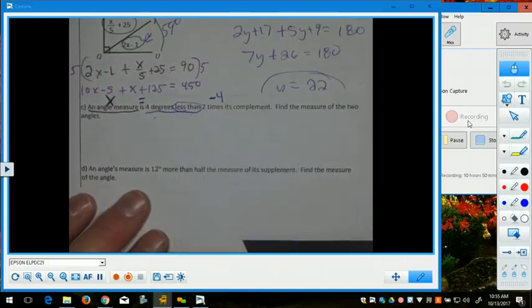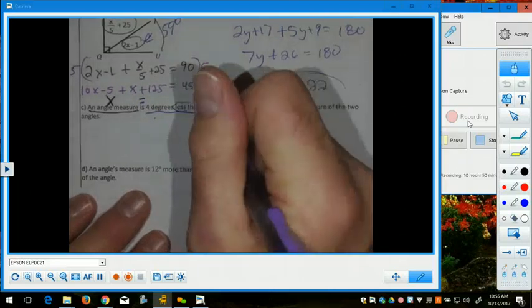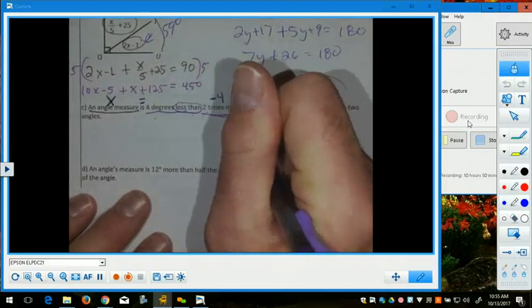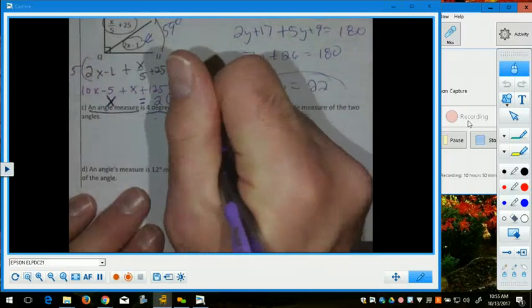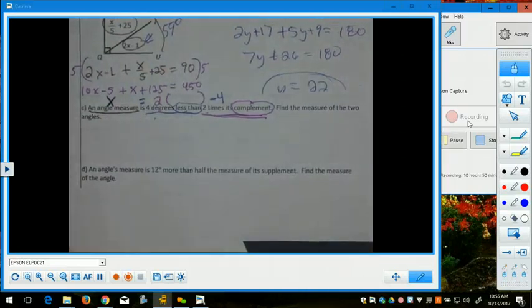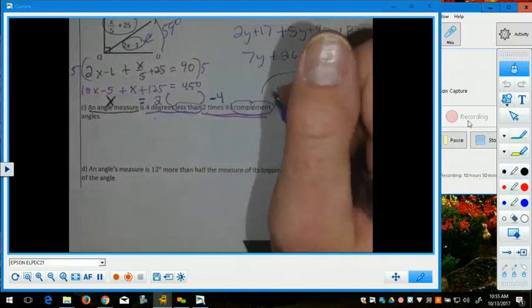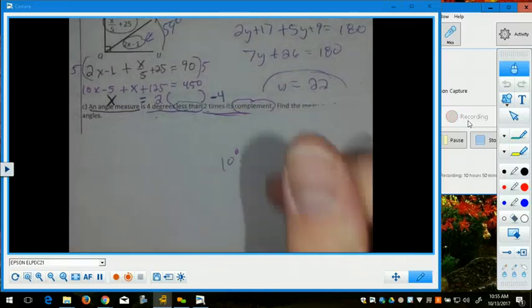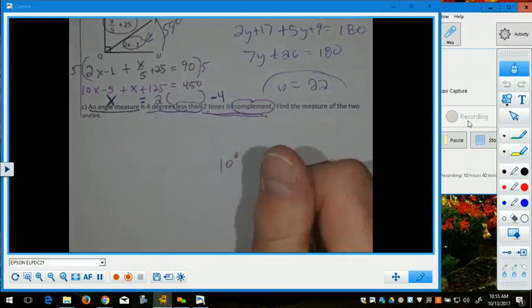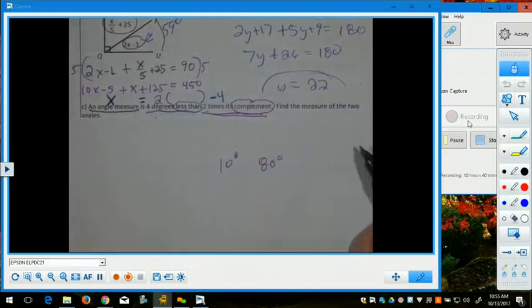It says 2 times its complement. And here's where people get confused. They know what 2 times means. They struggle with its complement. Well, I'm not going to use y in this case, although it is possible if I set it up an alternate way. Complement, if I know an angle is 10 degrees, Mr. Ritter has a 10-degree angle. What's its complement? Why? Because they add to